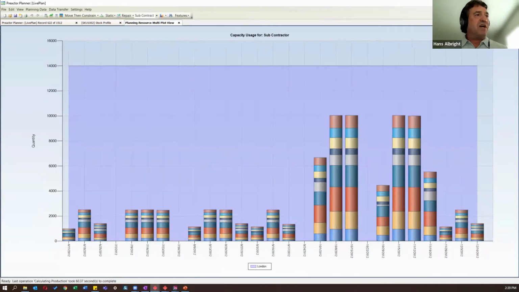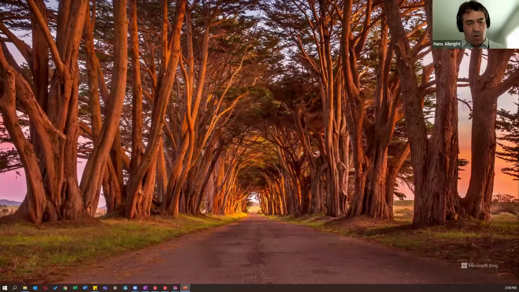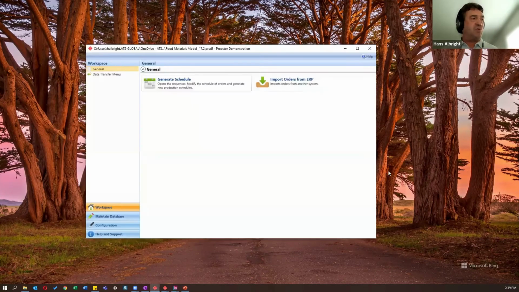Okay, in the interest of time, I'm going to stop with planning at this point, and I'm going to go ahead and say that we have done our plan and we've saved it and we've published it now. So now that we've published the plan, it can be picked up by the schedule. So now the scheduler is here, and the scheduler in one of those 3 plants that we just looked at